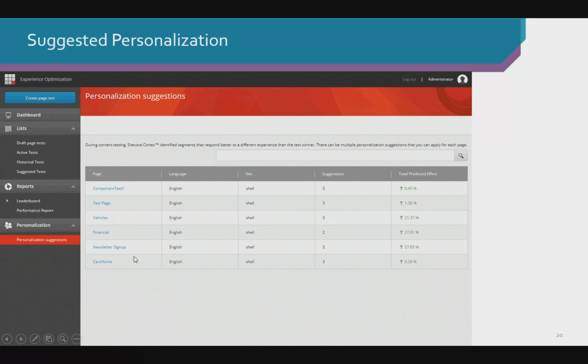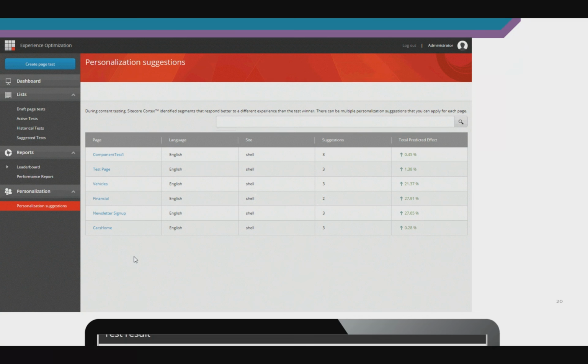These tests are basically your standard multivariate A/B testing on the pages, where you can show two different versions of the same page or three different versions of the same page to a segment of audience and find out which page is performing better. So you set up that A/B testing or multivariate testing on your page, you run it for a few days, and once it's finished, it can start suggesting what the suggested output will be.